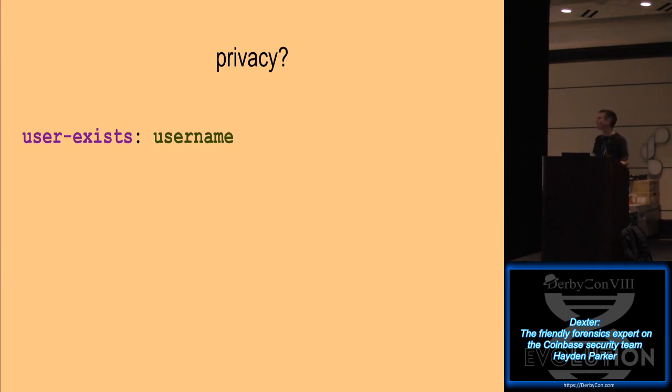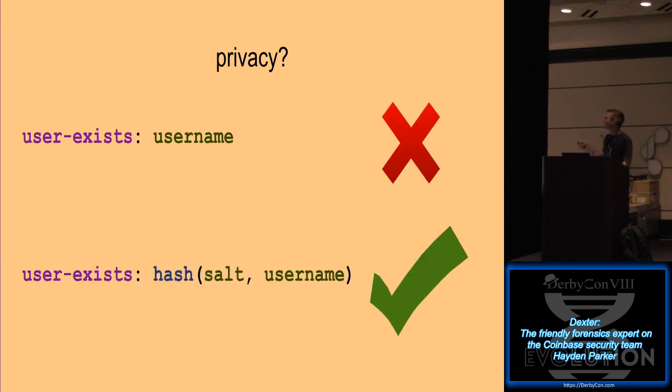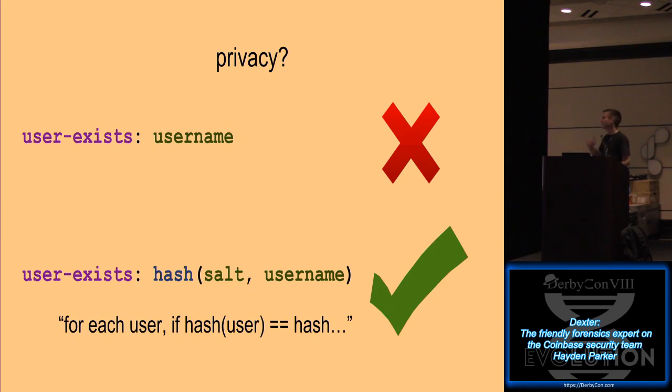Cool. So, okay, let's talk about privacy. We had this problem, right? Where if we're doing user exists username, some tech-savvy people realize they can get the keys for Amazon out of Dexter on their laptop, and they can start looking at all the reports that are going around org-wide, they can start looking at usernames. So what are we going to do about that? It's not good. We're going to hash that, where the salt is the investigation ID,